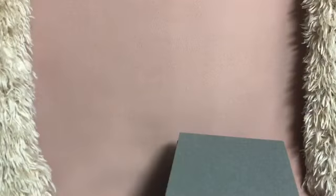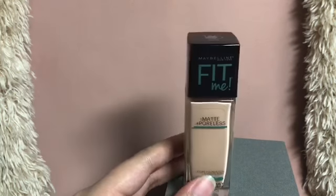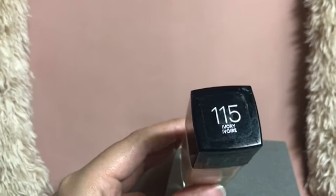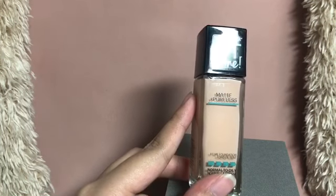So the first thing yang I nak share dengan you guys is my favorite foundation at the moment. I've been loving this Maybelline Me Matte Poreless Foundation. The one that I have here with me is in the shade of 115 Ivory, and I believe this is actually the lightest shade in the range,